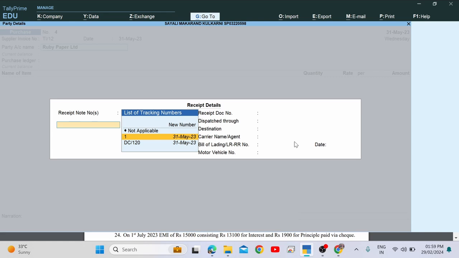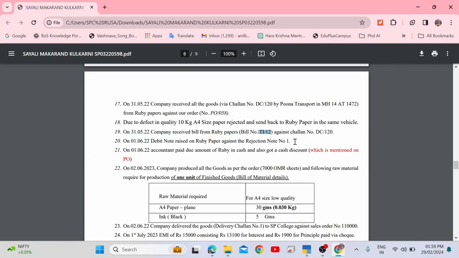One is your rejection out. You have not got a bill for rejection out, you have got a bill for DC 120. Here also you will get DC 120, correct. So select that, and then after this